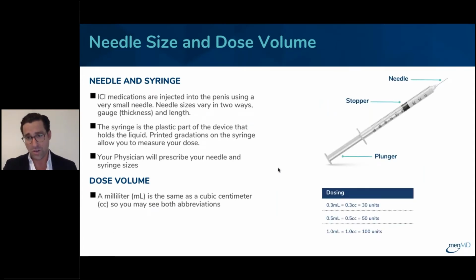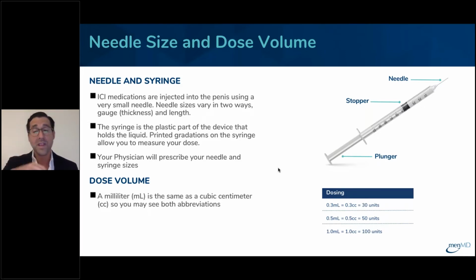These are the needles, the traditional needles that we use. These needles are very similar to the ones that are used for insulin injection. You'll see the numbers from 10 to 100. If you fill this all the way to 100, it really only holds 1 milliliter of fluid, which is not a lot of fluid. People worry and say, "Oh my goodness, I'm going to inject a lot of fluid into my penis." No, it's just 1 milliliter if you fill the whole thing,